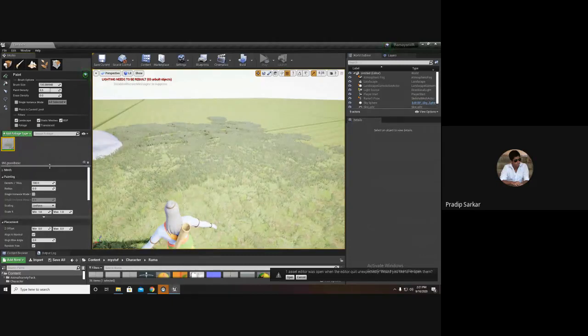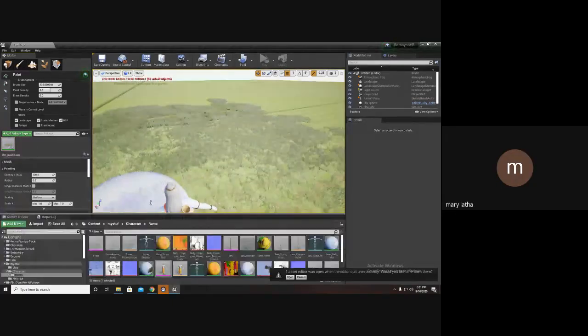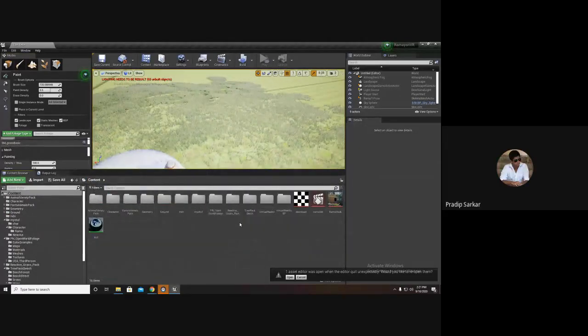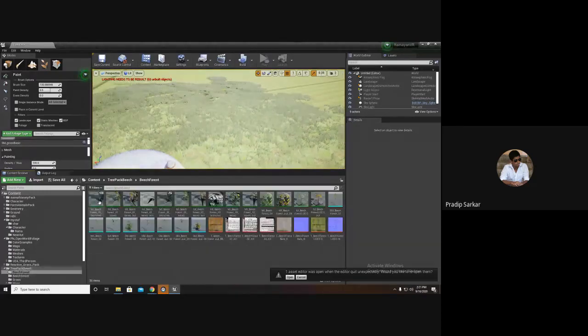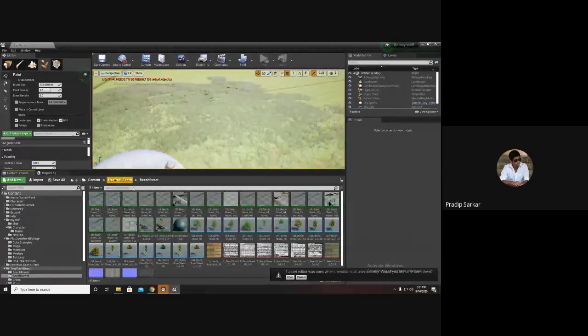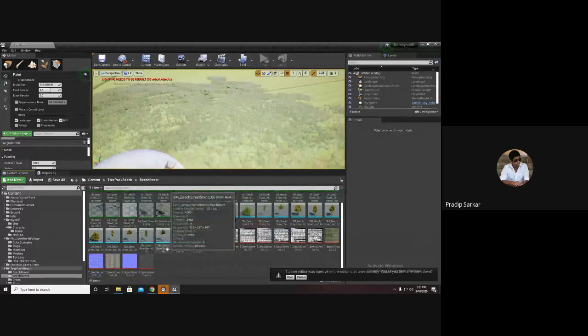Next, I want some flowers in here. So I will search for some of the flowers. Grass is there. Okay.